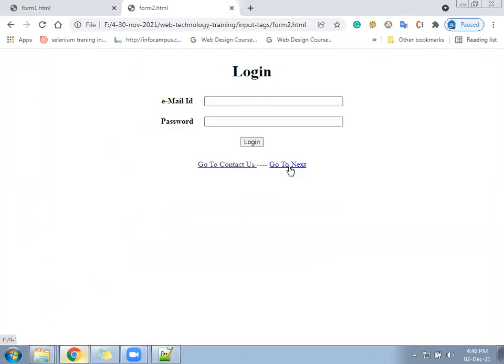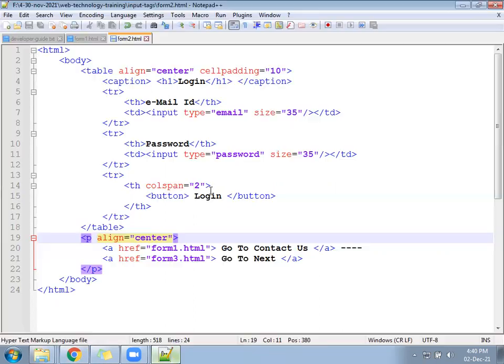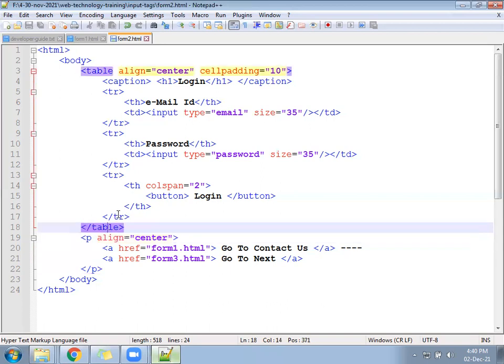Go back is going to the previous page. From here, go next, we'll go to the next page. Let's do that. Next file name should be which one? Form 3.